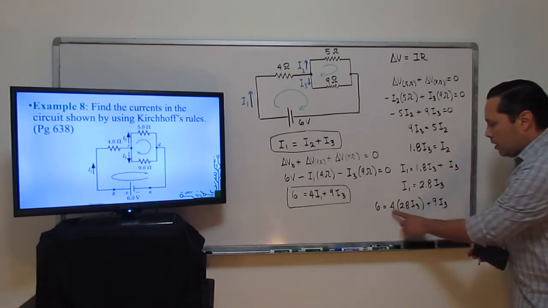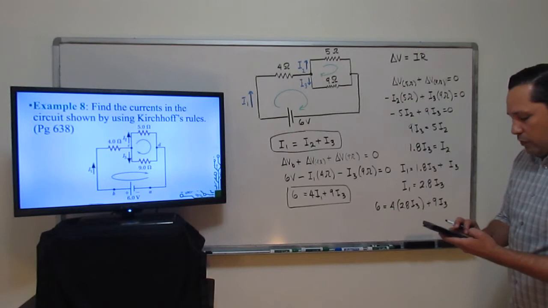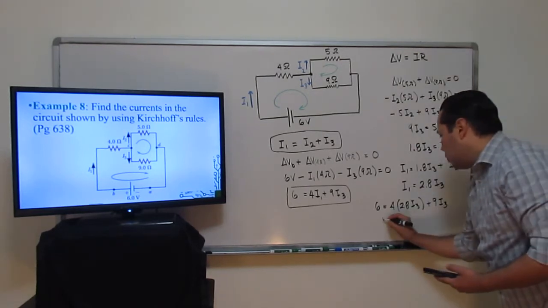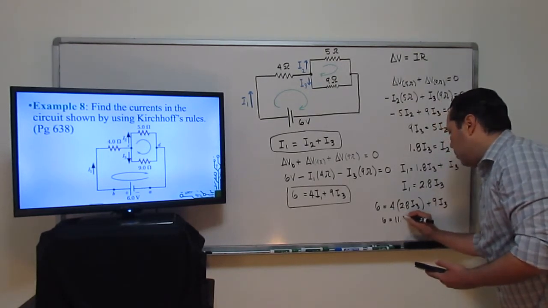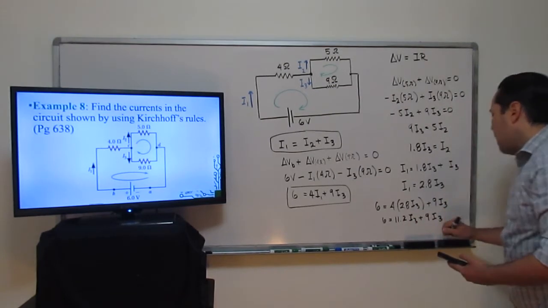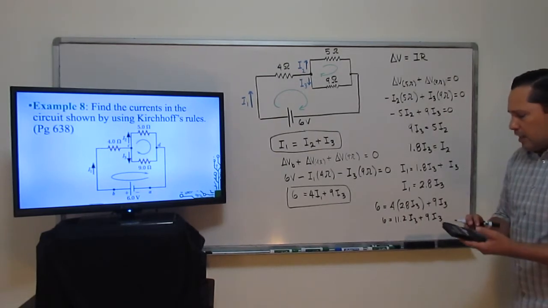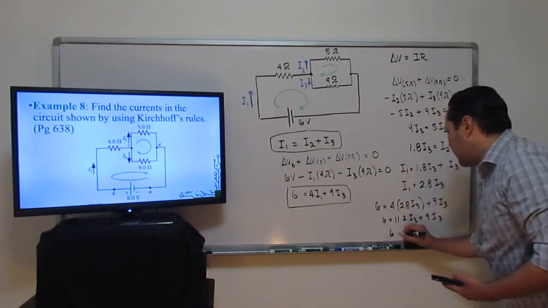All right, so now I'm going to go ahead and multiply both of these. That's going to be 2.8 times 4, which gives me 11.2. So 6 equals 11.2 I3 plus 9 I3. I'm going to add both of those together, so that gives me 20.2. 6 is equal to